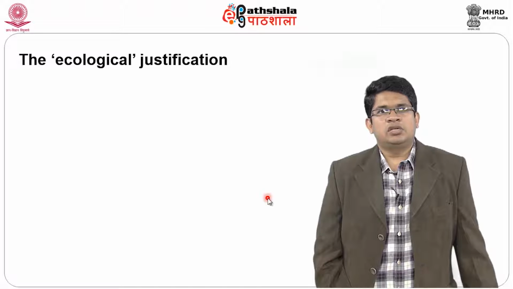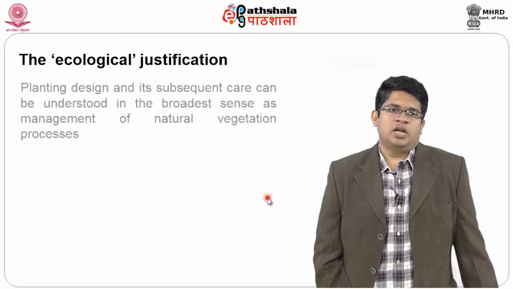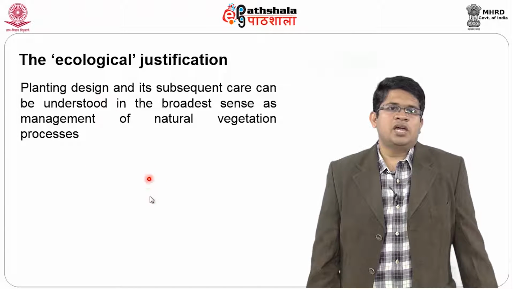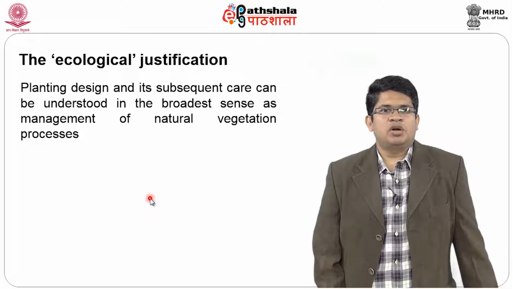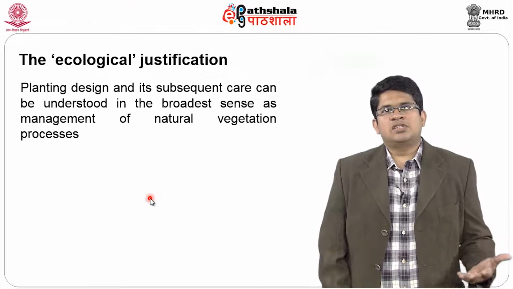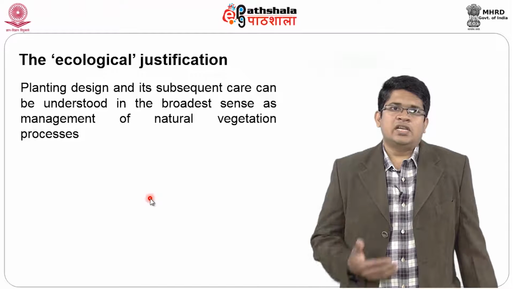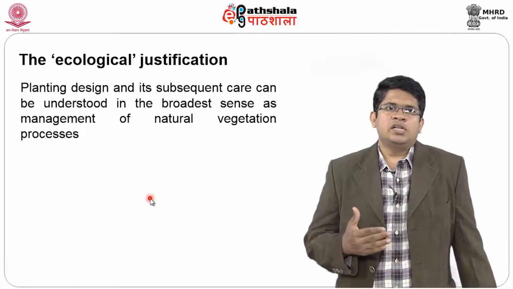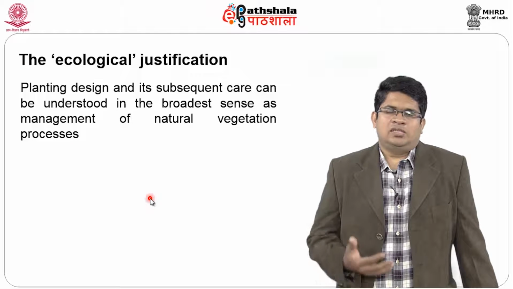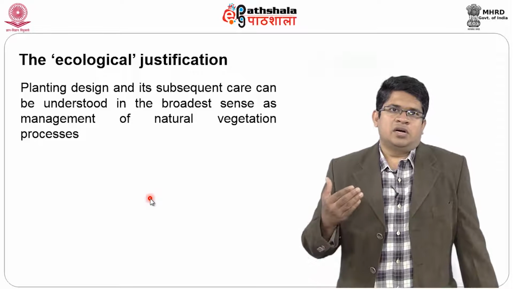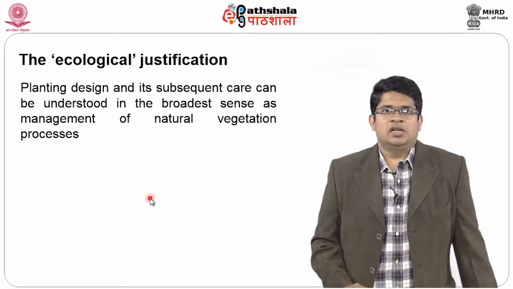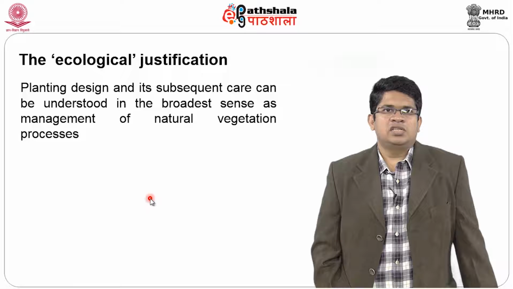Then we come to the ecological justification of why we need to do planting design considering the ecology of a place. Planting design and its subsequent care can be understood in the broader sense as management of natural vegetation process. As we understand, this planet Earth has a series of cyclic processes that keep happening throughout all its different dimensions or parameters, like the sky, the wind, the rain, and the earth, and under the earth the subterranean systems. Everything has a process that is a part of an ecological cycle, and plants also play a very significant role in this cycle,